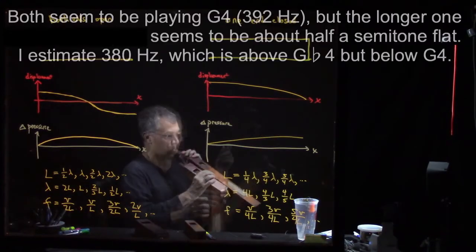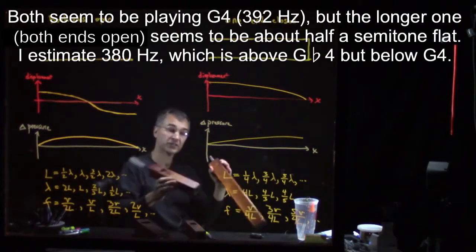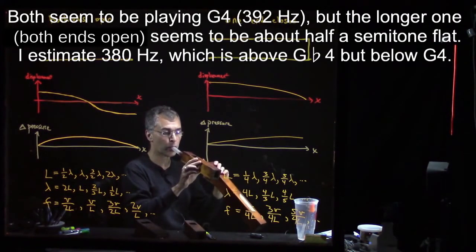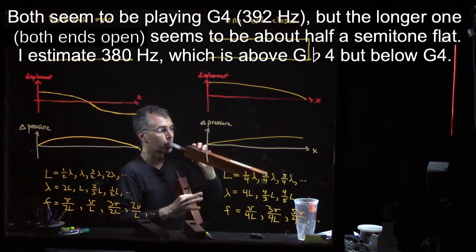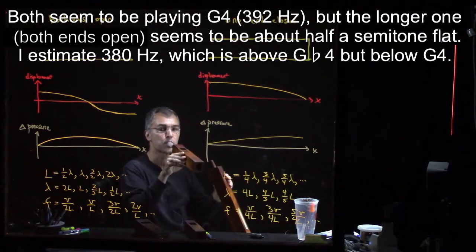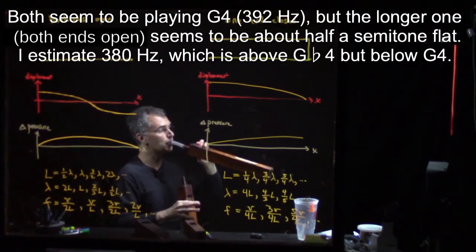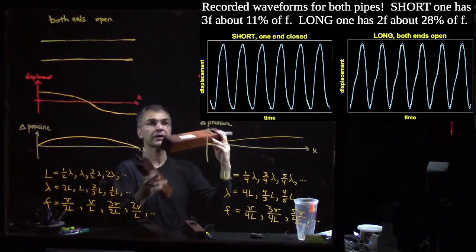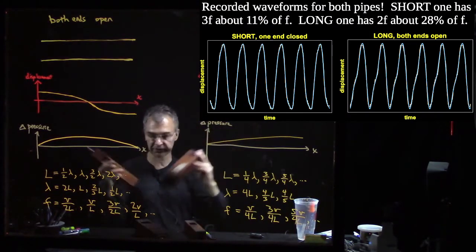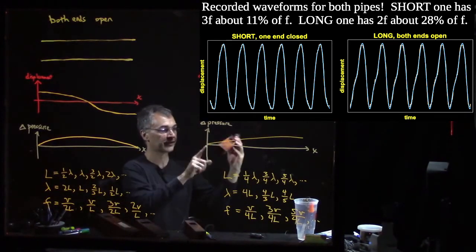Let's see what happens. Seems like the same note. So the one that has both the mouth end and the far end open has to be twice as long to get the same frequency as the corresponding note for the one that has the mouth end open and the